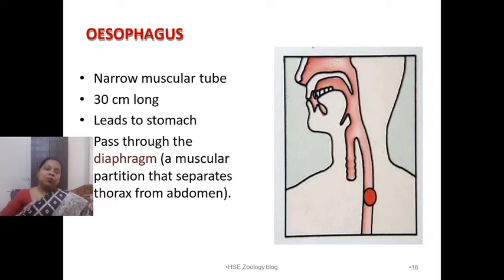ठीक है। Now esophagus is a muscular tube-like structure, ठीक है, which passes through the diaphragm। Diaphragm क्या है, एक muscular partition होता है जो कि हमारे trunk portion को दो cavities में divide कर रहा है। The upper cavity is the chest cavity, right, or the thoracic cavity, and the lower cavity is the abdominal cavity, ठीक है। तो ये जो esophagus है, this is around 30 centimeter long and it takes the food to the stomach,